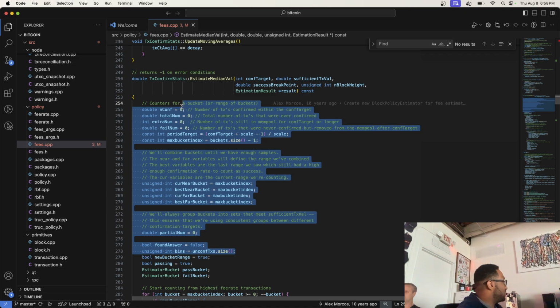Don't people say fee estimation is broken in Bitcoin Core? It is anyway. So yeah, all this should be rewritten. Is it because of this? Is it this specific code, or is it just an impossible thing to do right now with more metadata? No, it's this specific code that people have been making issues about in the Bitcoin Core repo. Should we just fix it? I don't know.